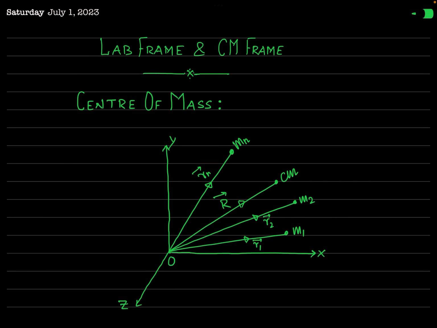So the concept of the center of mass frame, and how we can deal with the problem of collisions, or you can say scattering or interactions between two objects or more than two objects, all these things we learn in this chapter. Apart from this, we also learn about the concept of central forces and collisions in central forces, particularly Rutherford scattering. This is a very important chapter for you, and it is equally important for students of